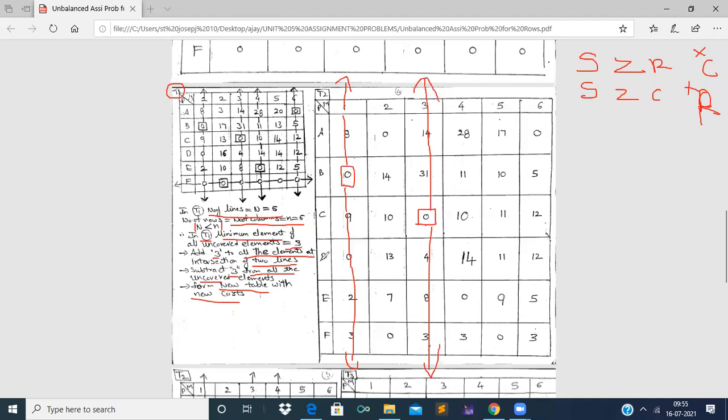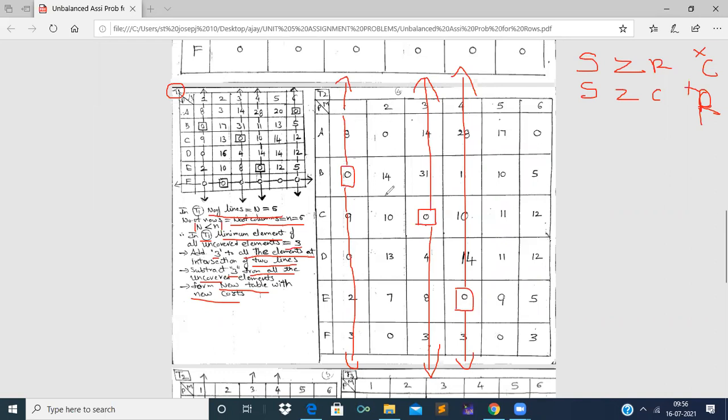Next, let us proceed for fourth row. There is no single 0 in fourth row. In fifth row, there is a single 0. Therefore, put that 0 in a box. As it is a single 0 row search, you have to strike off the column. We have to strike off this fourth column. Next, as we have searched for single 0 in fifth row, now we are going for F row. F row is containing 2 zeros. Therefore, no need of disturbing these 2 zeros. Now let us go for searching single 0 column.